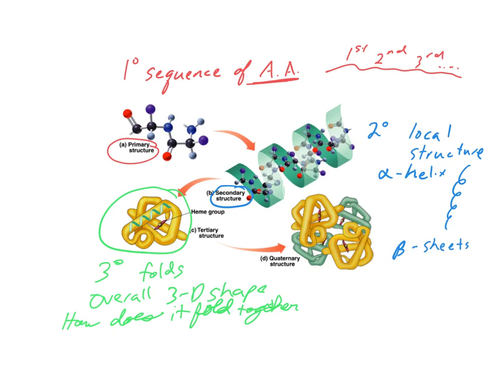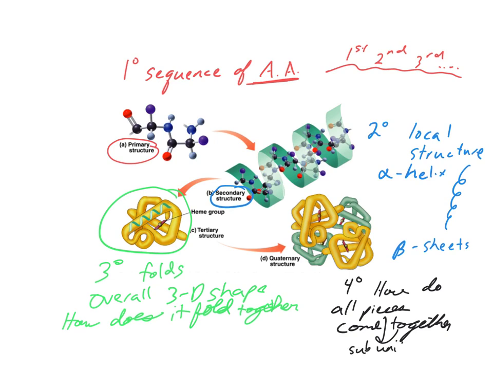And so I think that's the best way to look at it: when we're looking at the quaternary structure, how do all the pieces come together? And so usually by those pieces, what we're talking about are the subunits. Right? And so how do these different groups here and here come together? Right? And sometimes they're multiple of the same ones. They can be different ones. They can all be different. But how do all these pieces come together? All right? And so what I would do is commit to memory the difference between each of these. All right? And if we recap